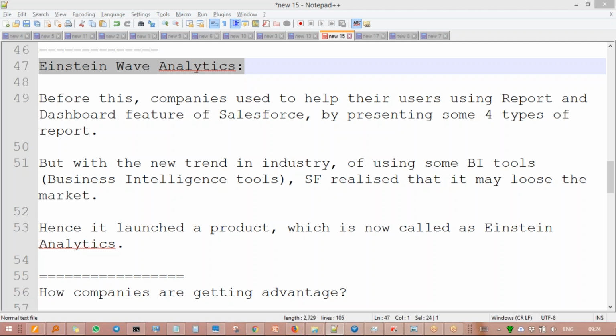Just 1 minute, I'm finding those notes saved somewhere. Yeah, I got it. Now see here.